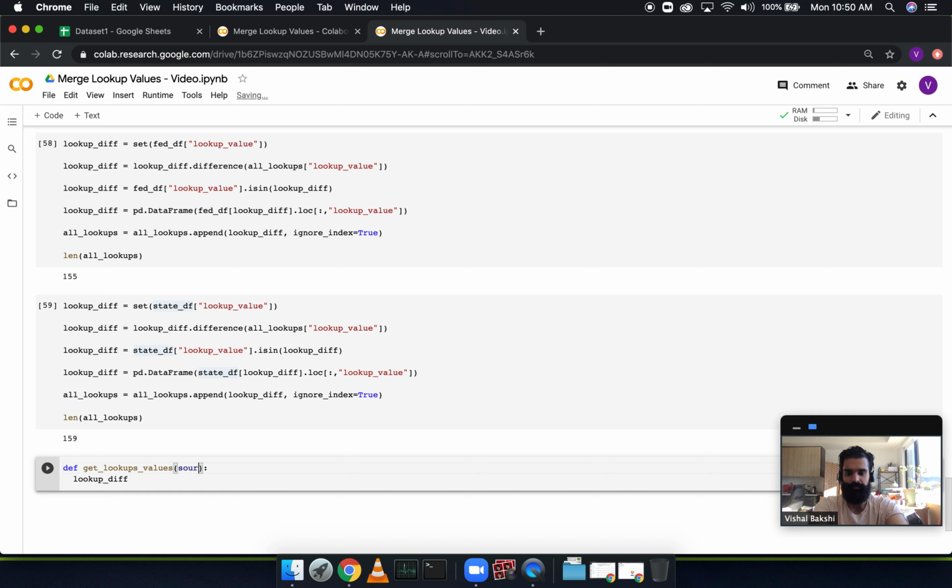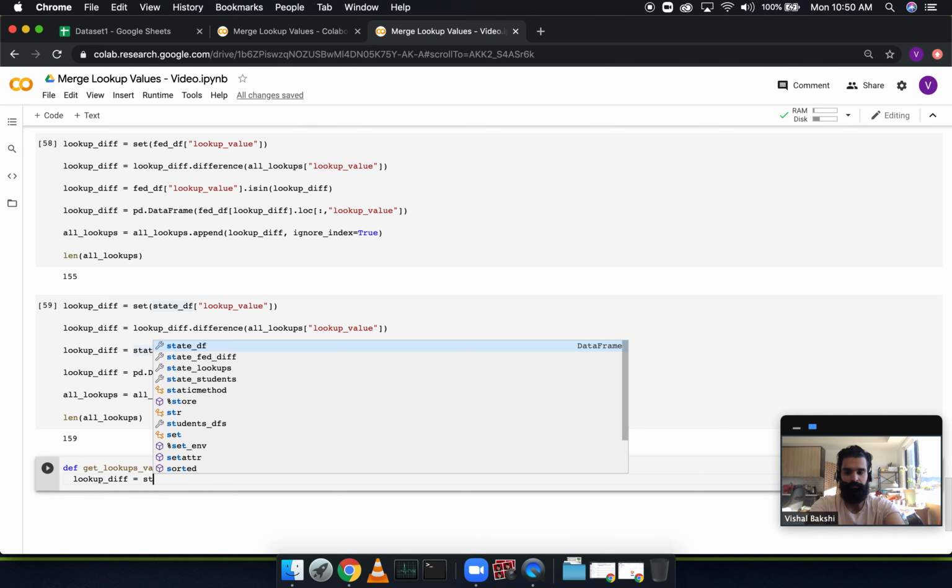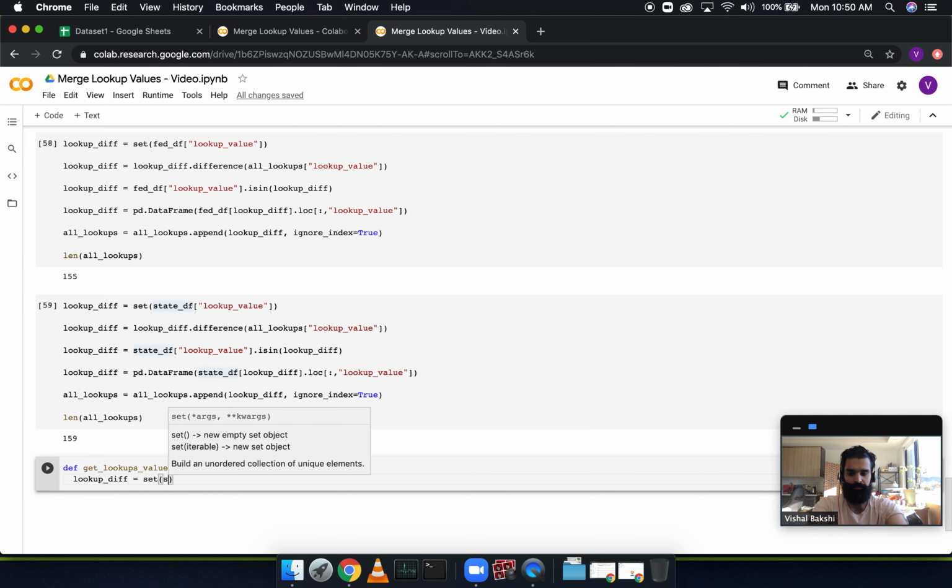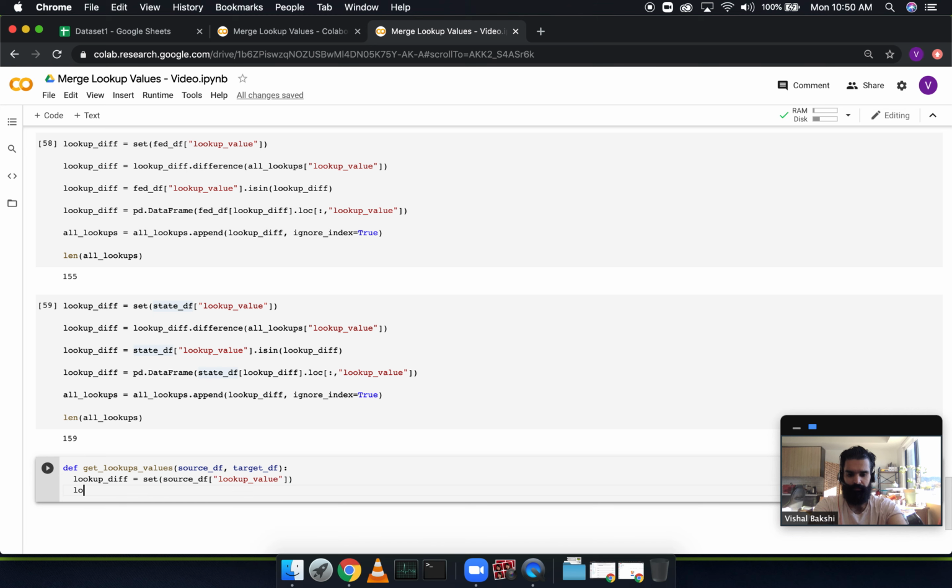So let me just call this source df and target df. And my lookup difference starts by gathering the source df's lookup values into a set, finding the difference,